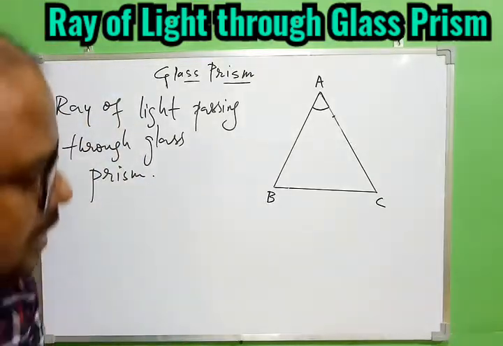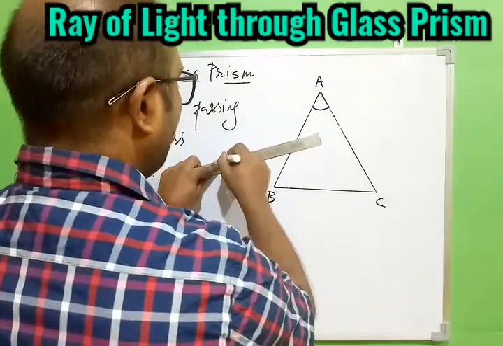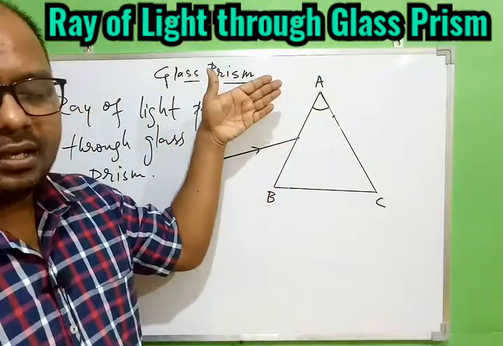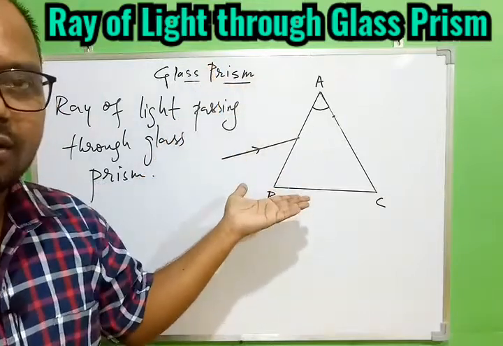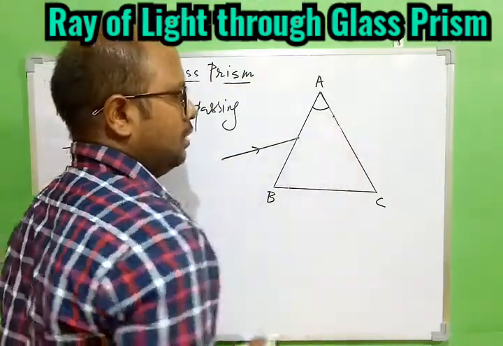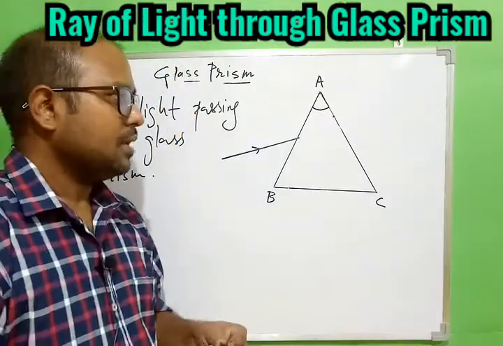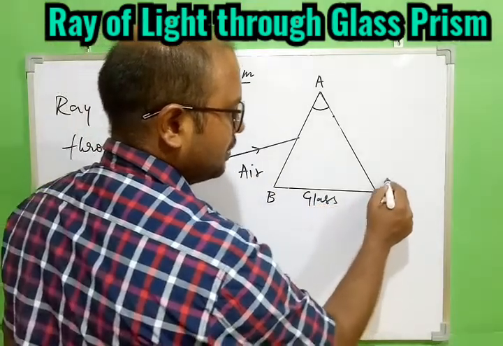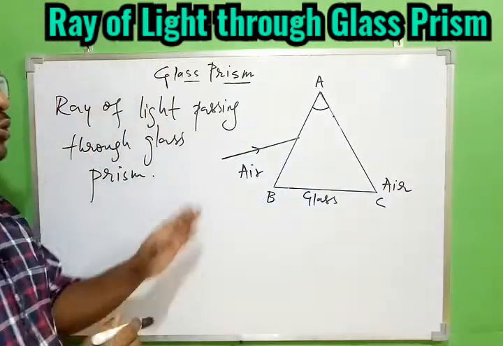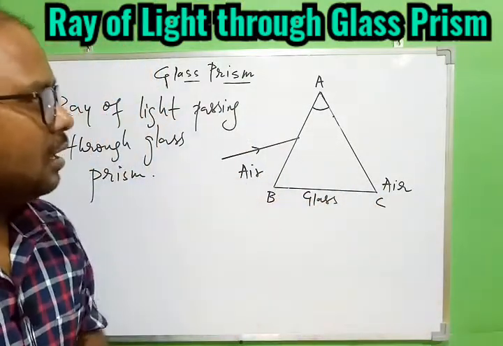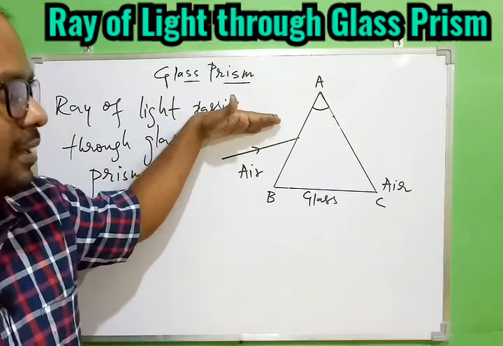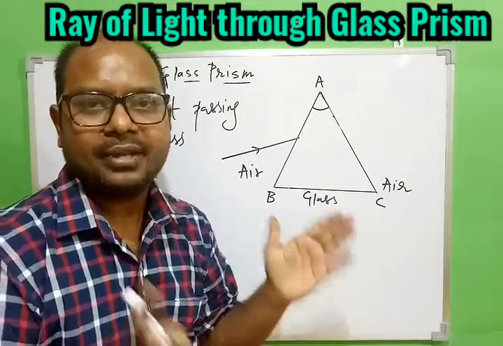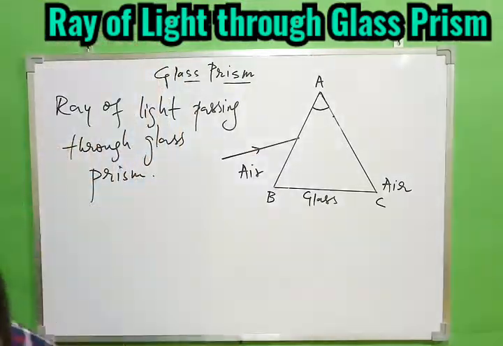Now let's take a ray of light, very first falling on this surface. Surface means this is the rectangular surface, but we are able to see the triangular surface. So always remember. Now what will happen to this ray? Because the light is traveling from air to glass, this is the glass, and again it will come out in the air. So air to glass, glass to air. So very first, if the ray of light is falling on the first surface, it will have the refraction. Now the ray of light will bend towards or away, that we need to understand, and for that very first we need the normal.